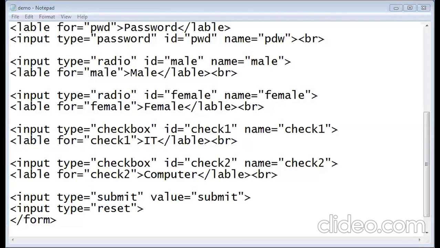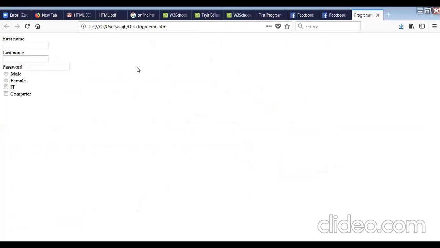Go to the browser. Check your page. Refresh it. Then submit and reset. Okay, submit and reset. If I put the wrong spelling of my name, suppose Gunjan, N is remaining, so I want to reset all my form, then just click on reset, everything will be cleared. Okay, hope it is working at your end also.